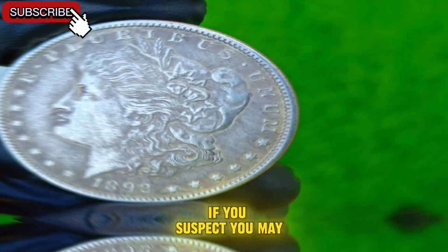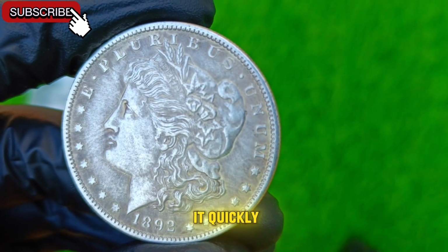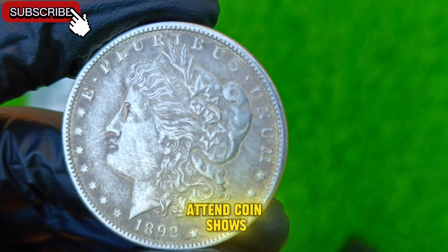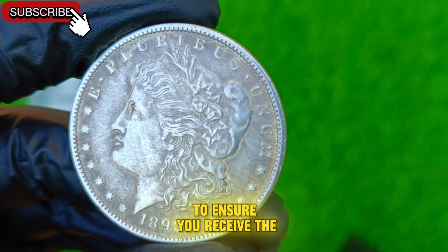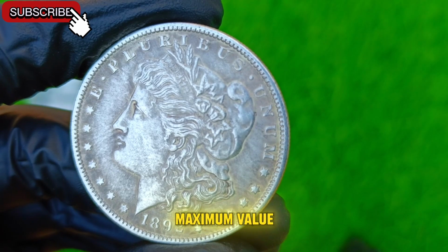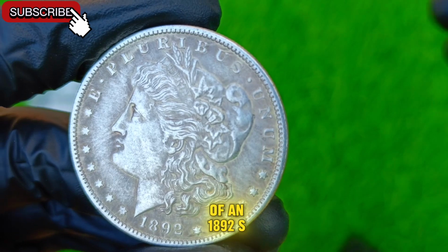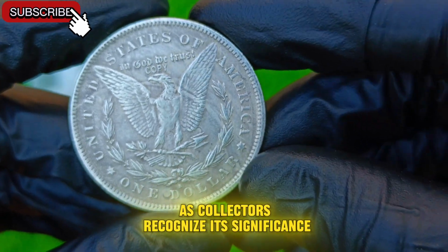If you suspect you may own one of these coveted coins, resist the temptation to sell it quickly. Instead, seek advice from reputable dealers, attend coin shows, or consult certified grading services to ensure you receive the maximum value for your treasure. The value of an 1892 Morgan dollar will only continue to grow as collectors recognize its significance